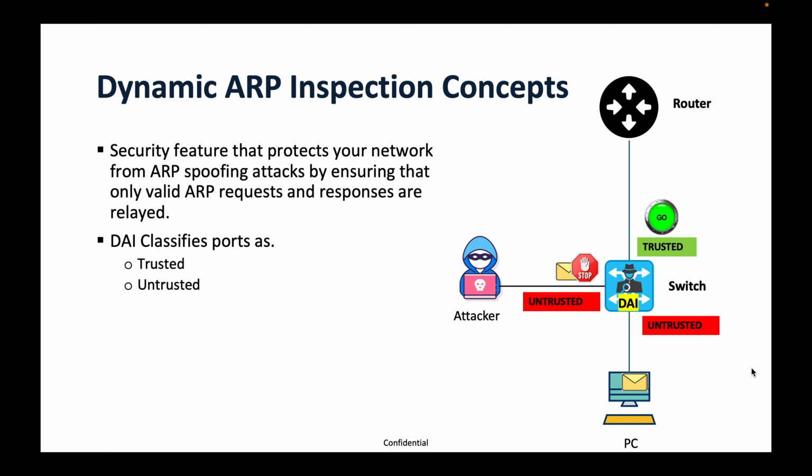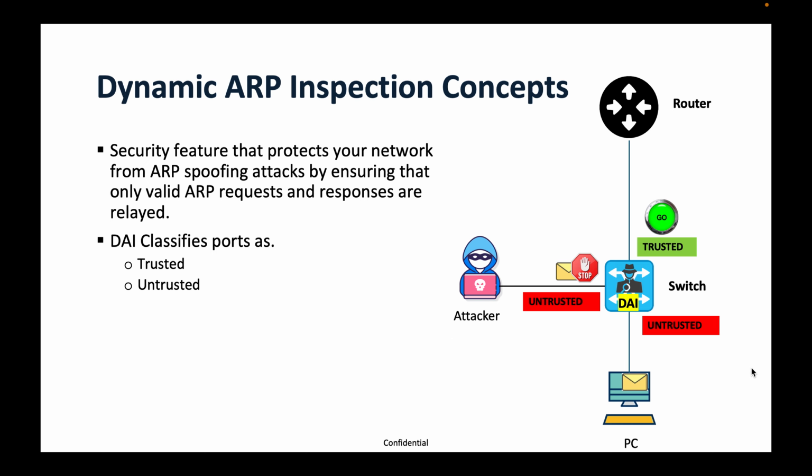Whereas untrusted ports are ports connected to end devices like PCs, printers, etc. So access ports connected to end user devices are often untrusted by both DHCP snooping and DAI. So when a switch receives an ARP packet